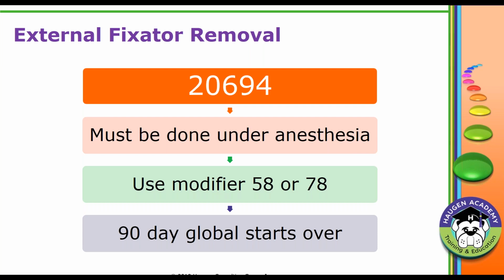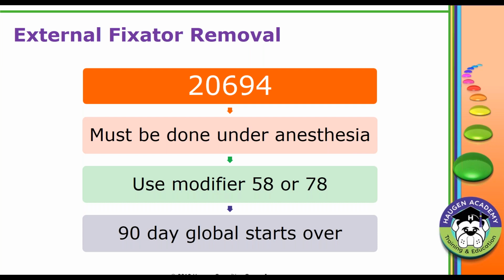So according to CPT rules, CPT 20694 is for removal under anesthesia of external fixation system. It can be reported if the removal procedure is performed under general anesthesia. So it's not always necessary to remove the external fixator under anesthesia. So if they do not do it under anesthesia,